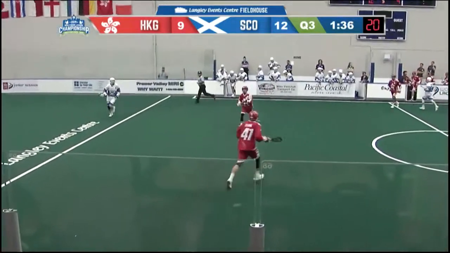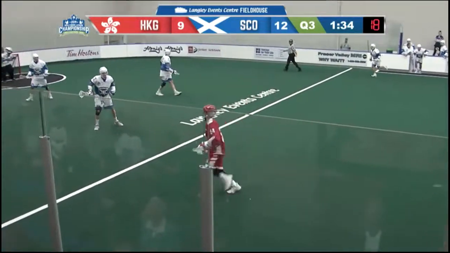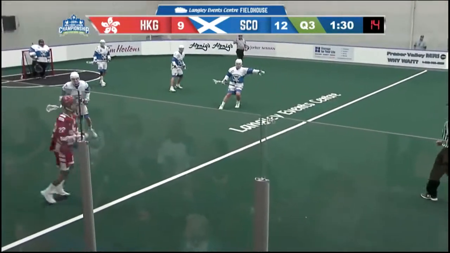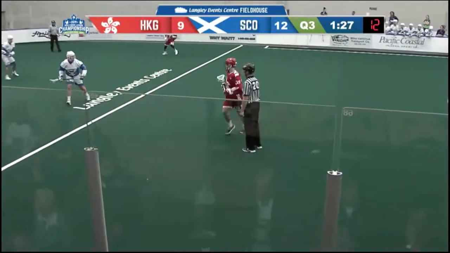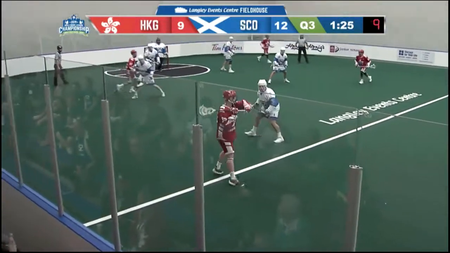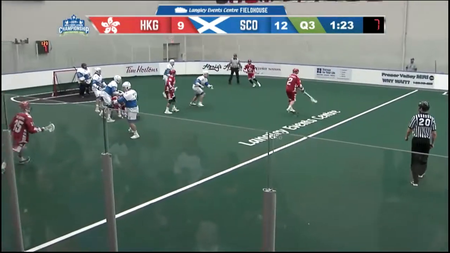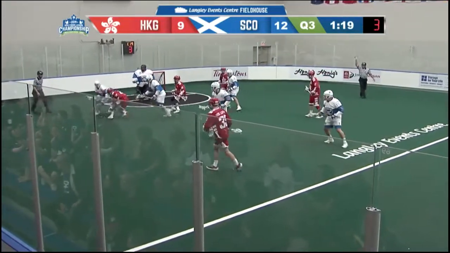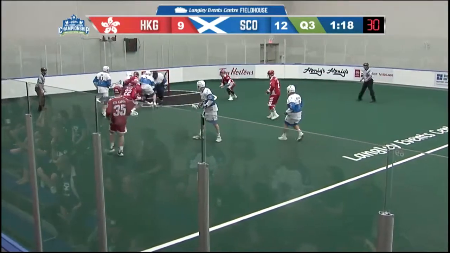Scotland leading 12-9. As Ko gets deep in Scotland territory from the left side, it's just put toward the goal.